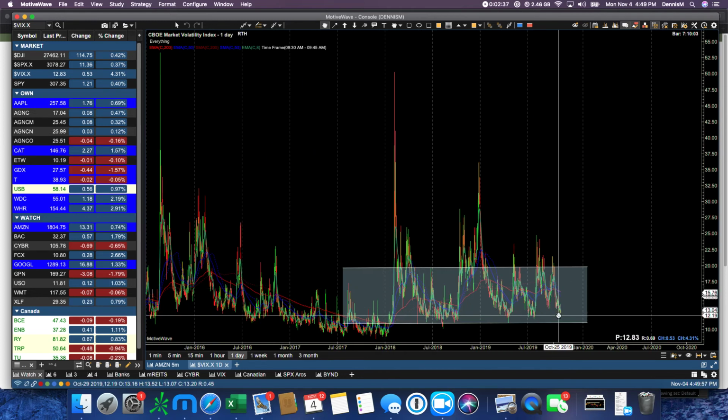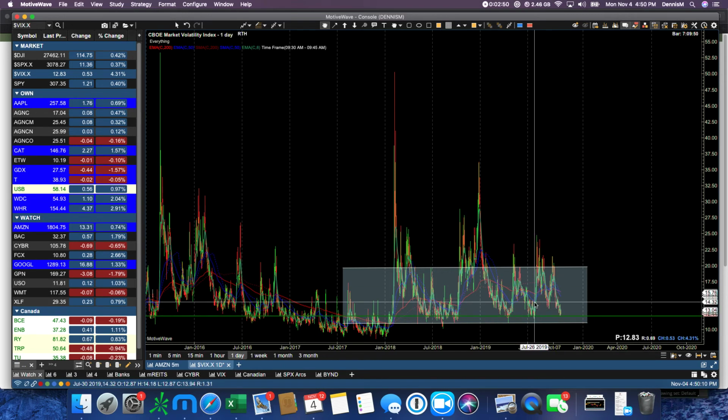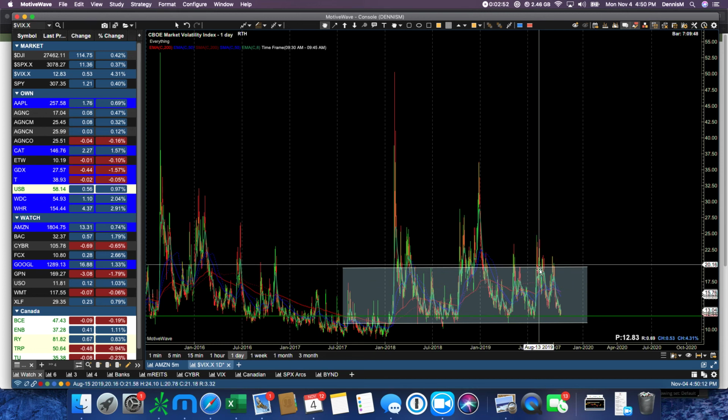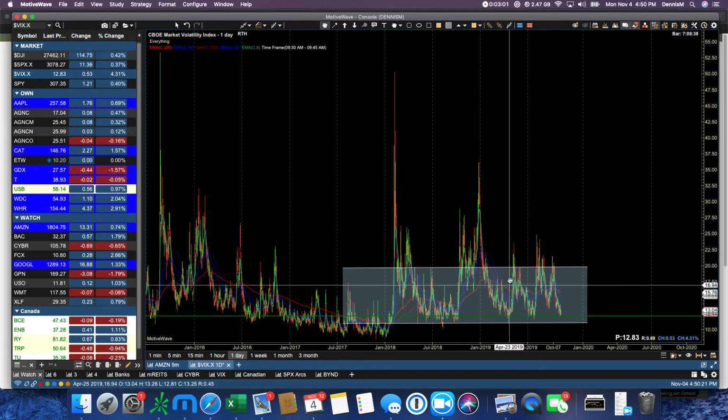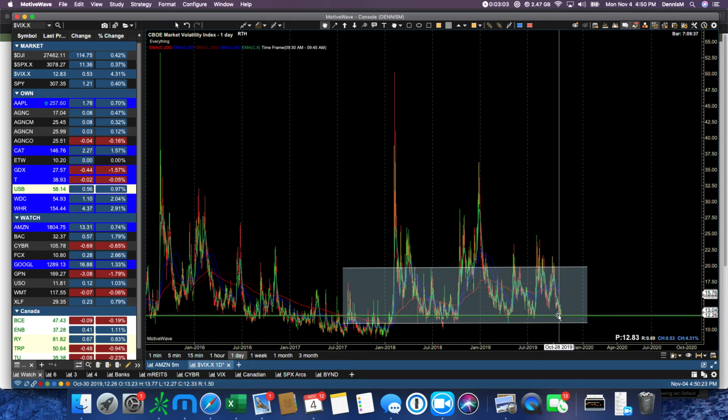Let's look at the volatility index. The volatility index right now is at a low. Let me just put this line right here. It is at a low, which we saw last in July, and then it started to climb till that August drop. We had this other one here, May. April 18th started to creep up, and then a drop. So if the volatility index creeps up tomorrow, just be aware.